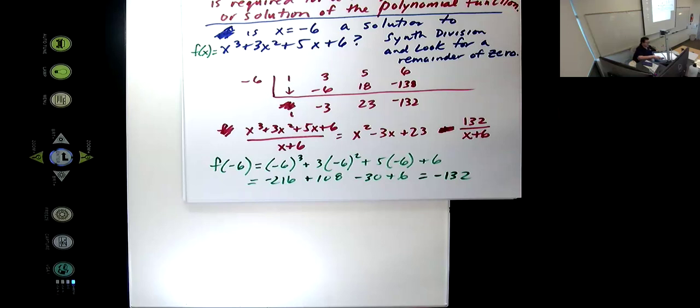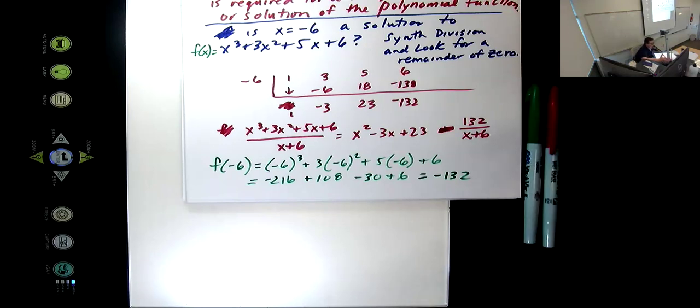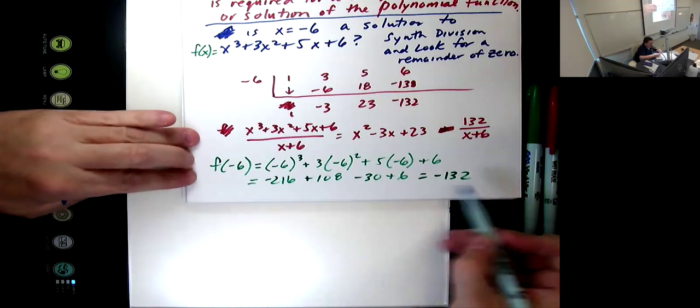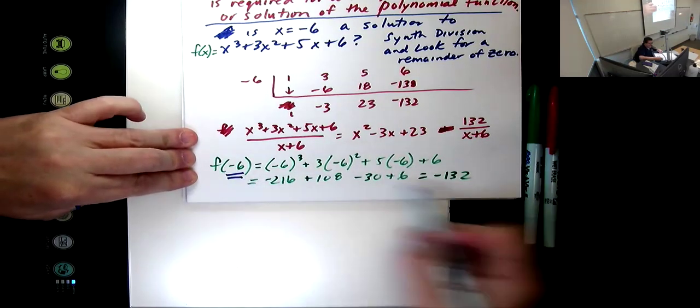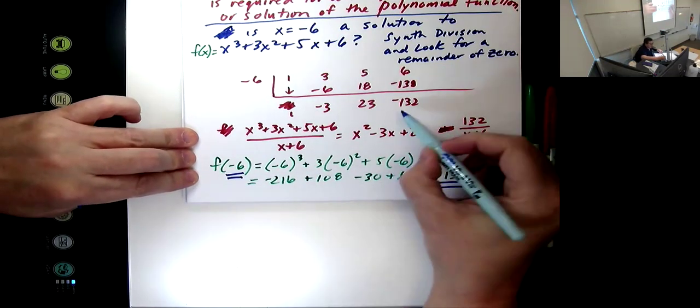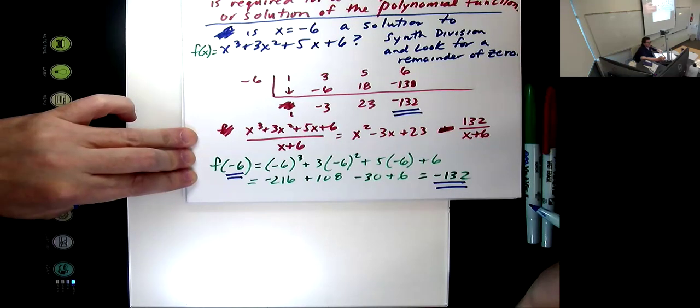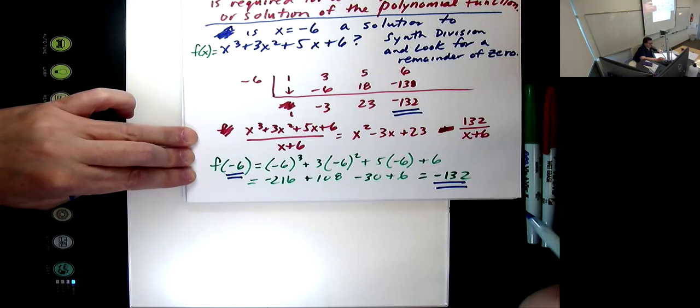Does anyone see anything interesting there? Yeah, you got the same remainder. Look at that. If I stick in -6, I got -132 and I got -132. This is actually a theorem we're going to learn today. It's called the remainder theorem. The remainder theorem and the factor theorem go together. If you plug in a number and the remainder is 0,